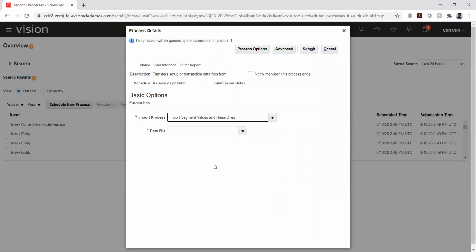Yes, which will do a validation. This part, what you are showing now. So the program that will be used by UCM is load interface file for import, and the program used to import the transaction from interface to base is import segment values and hierarchies.